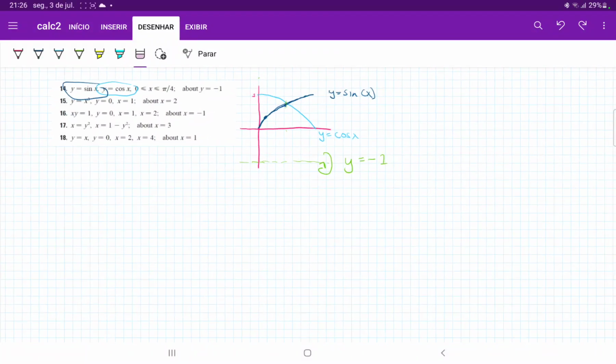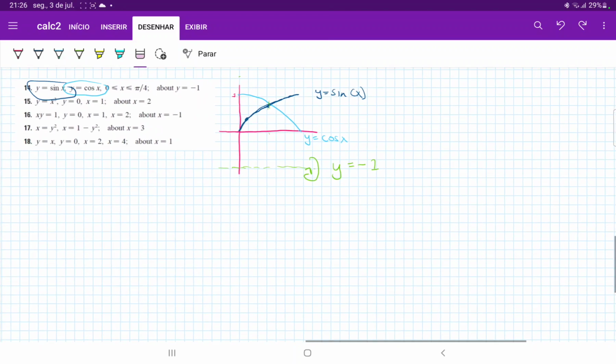So for number 13, we are taking these curves, sine x and cosine x, and we're taking the area between them from 0 to pi over 4 and revolving about the line y is equal to -1. So I've drawn these curves, and it tells us that it's between 0 to pi over 4. So pi over 4 is here where they intersect, and therefore the area between them in this interval is